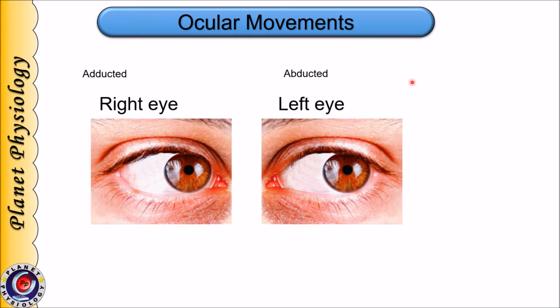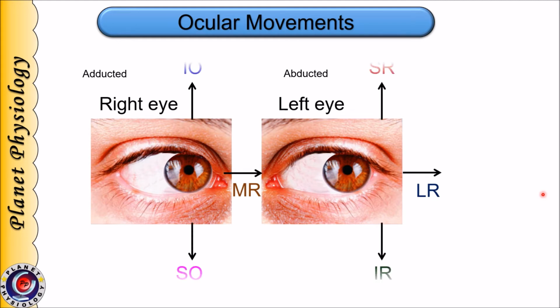Let us revise these important actions of extraocular muscles during conjugate movement, which will help in understanding the examination of third, fourth and sixth cranial nerves with the simple diagram. Movement of eyes towards the left side is brought about by left lateral rectus and right medial rectus. Elevation from this position is brought about by superior rectus in the left eye and inferior oblique muscle in the right eye, whereas depression is brought about by inferior rectus and superior oblique muscle.